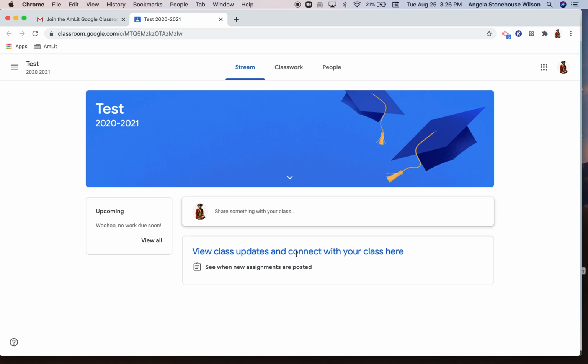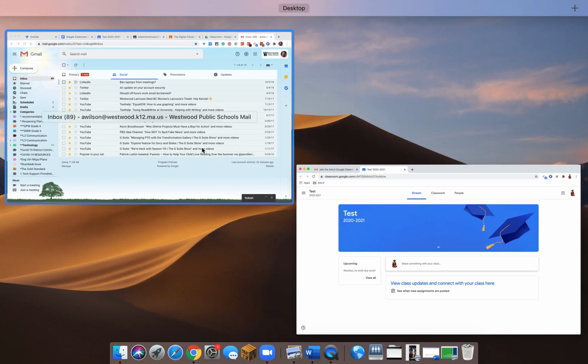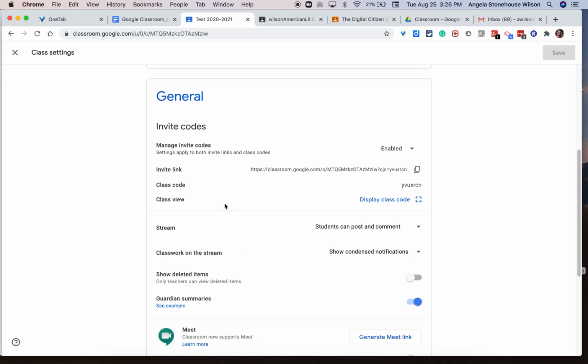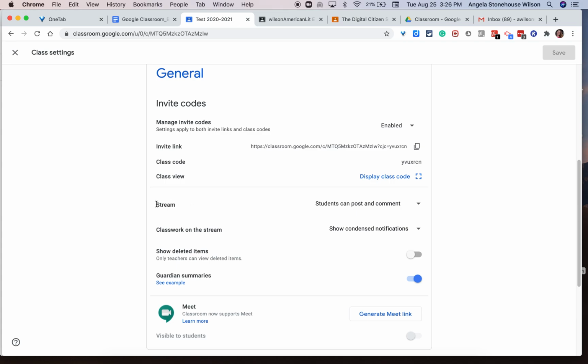So let me go back over to the teacher view. And before we exit out of the class settings, I want to talk a minute about the stream. You can set the stream so that you are the only person that can post or comment. Perhaps you want to give students the ability to comment, or to post and comment. In the beginning of the year, until I know the students and I know what I want to use the stream for, I usually set it to I am the only one able to post and